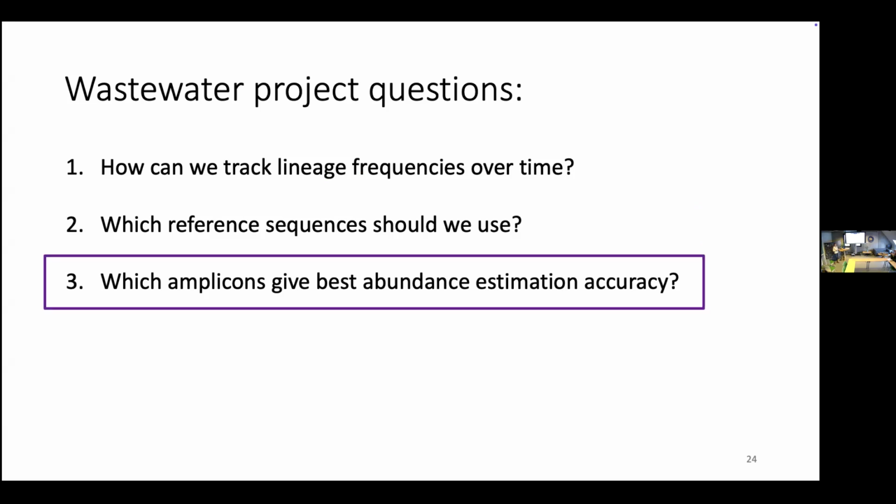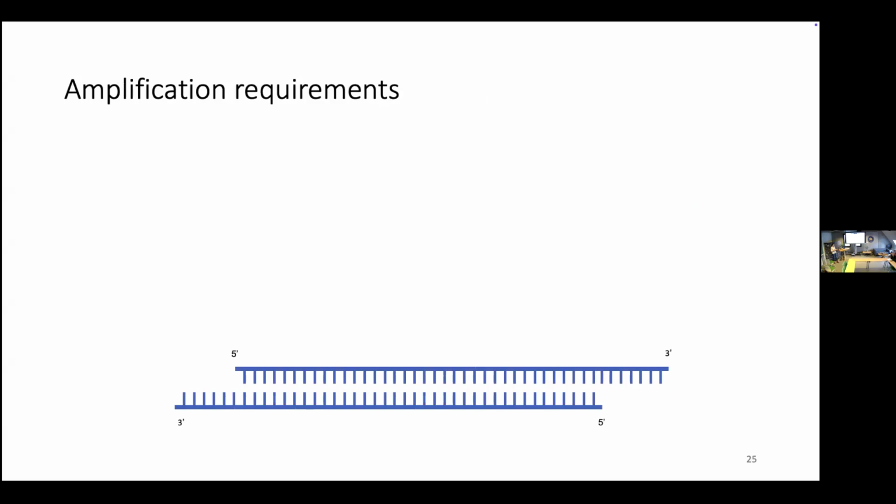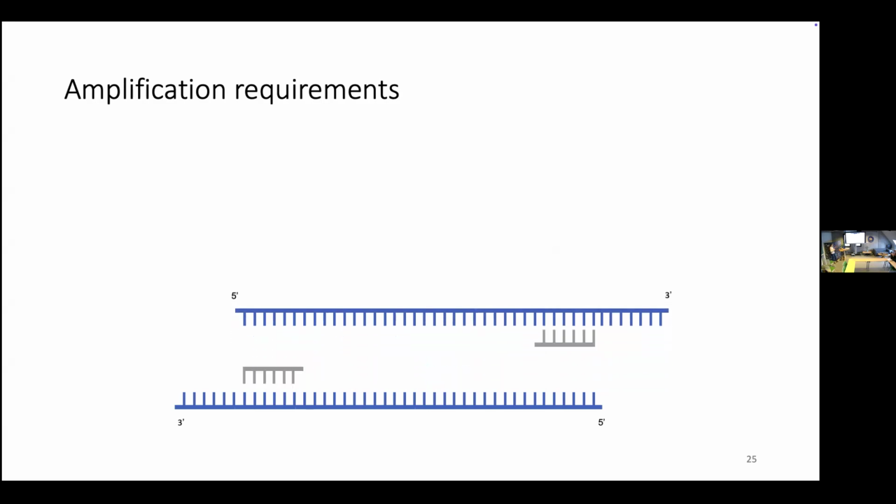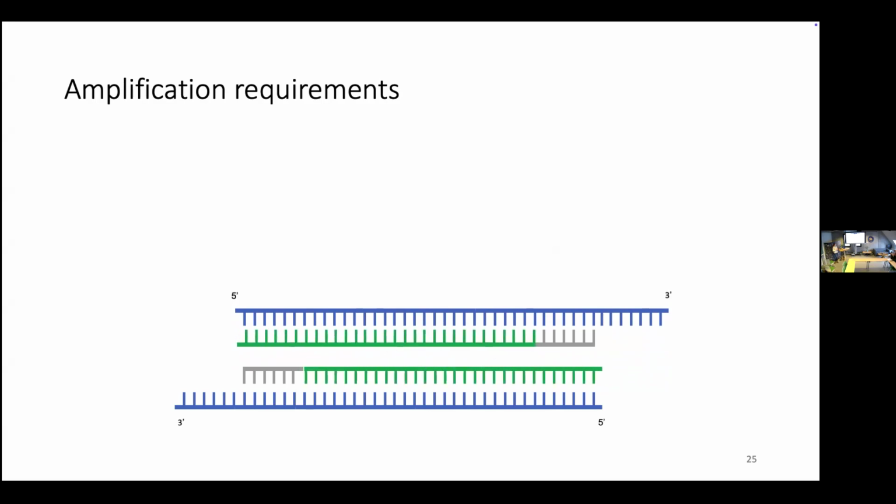And in terms of the third question, we actually came up with an approach to solve this. So just to make sure we're all on the same page, for PCR amplification, what we need is primer sequences and a known target sequence. So suppose that this is a part of a piece of DNA of the genome we're interested in. What PCR will do is you have your primers, so here are the gray sequences that bind on either side of the DNA, and then you can amplify the piece that follows it.